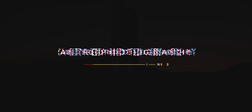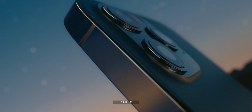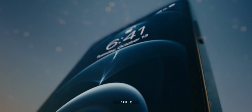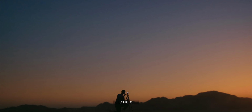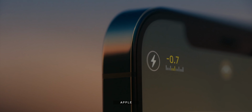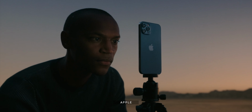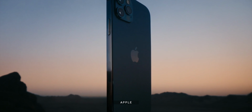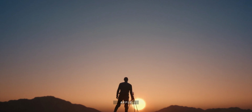Next up is astrophotography, which is super interesting given the iPhone 11 actually launched with a version of that feature over a year ago already, where it could extend the night mode to 30 seconds if you stabilized with something like a tripod first. So this sounds like a lot more of that, like the ability to hold an exposure even longer, but also with machine learning specifically tuned to detect, capture, and highlight celestial photography features like the moon